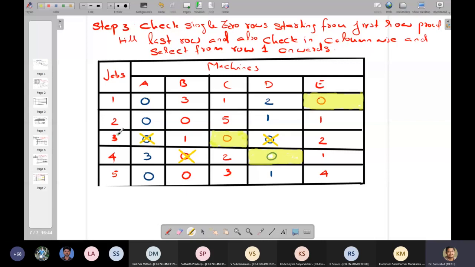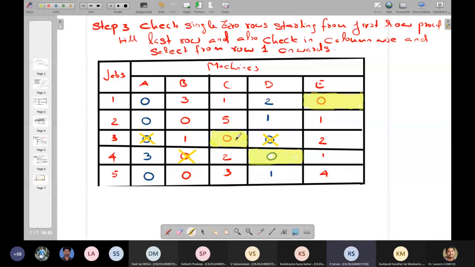There is no other job that can be assigned to machine C at a lower cost than this. Can you see any other zeros in column C? No, sir. Only the 0 at row 3. So what we are basically doing is subtracting the lowest element, so the lowest element now turns to 0, row wise and column wise. That means that is the lowest cost opportunity that you can select for your calculation.